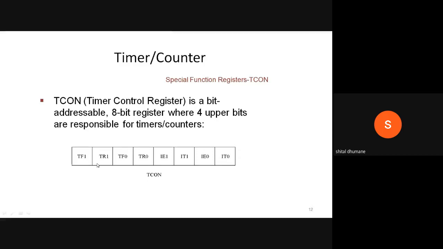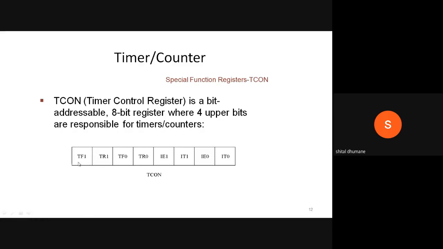They are called the timer 1 overflow flag and timer 0 overflow flag. The overflow flag is set when the count rolls over from the maximum value, and at that time TF0 or TF1 will be set or cleared.